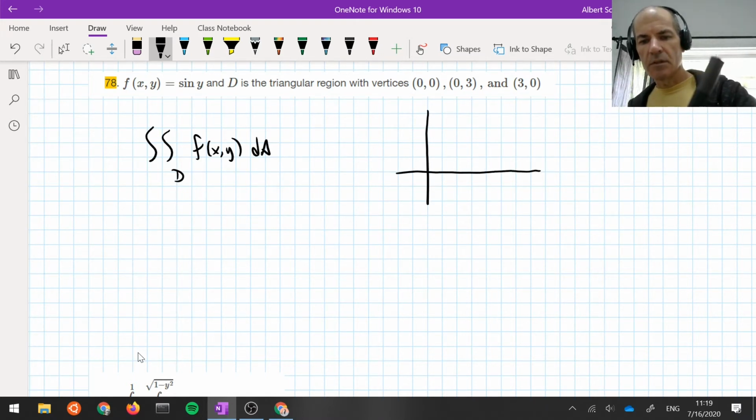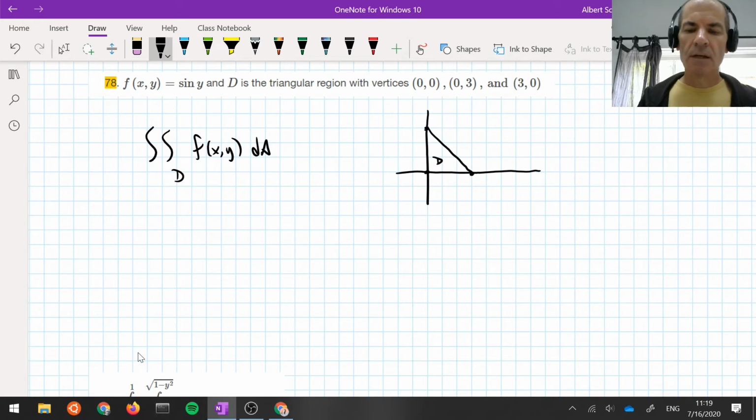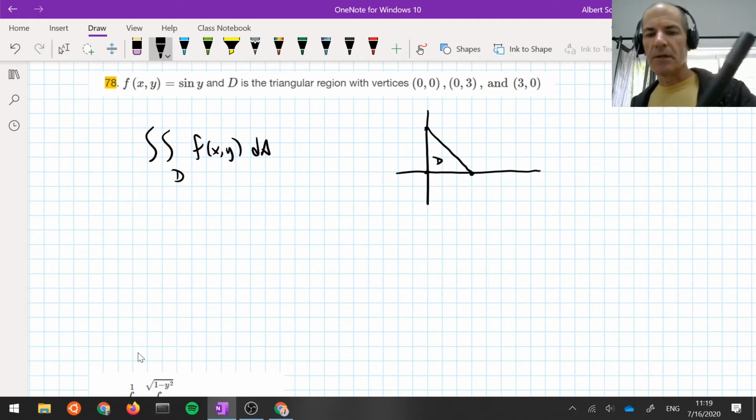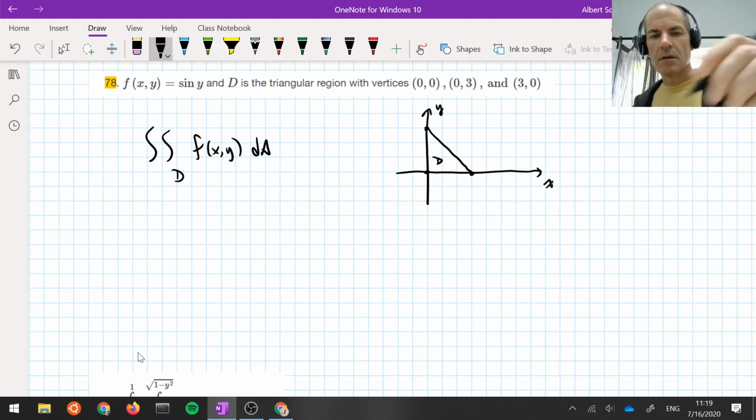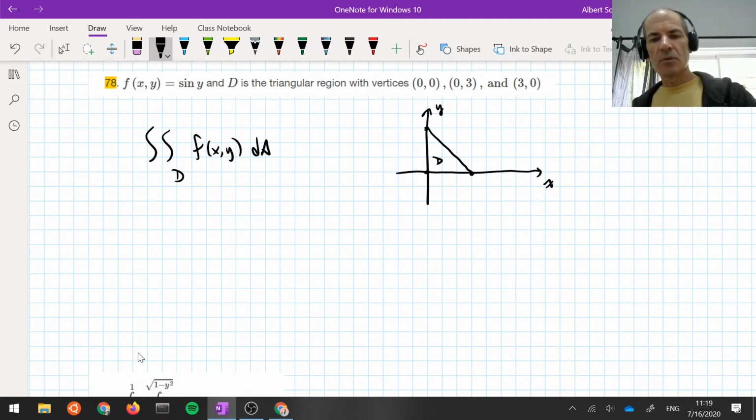And we'll put these points, (0, 0), (0, 3), and (3, 0) onto our graph. And this defines the region D. This is a region that's either type 1 or type 2, so you get to just make a choice. Let's do it as a type 2 just to do some practice there. I don't want us always fixating on doing it as a type 1 region. So if we're going to do it as a type 2 region, we need to find the equation